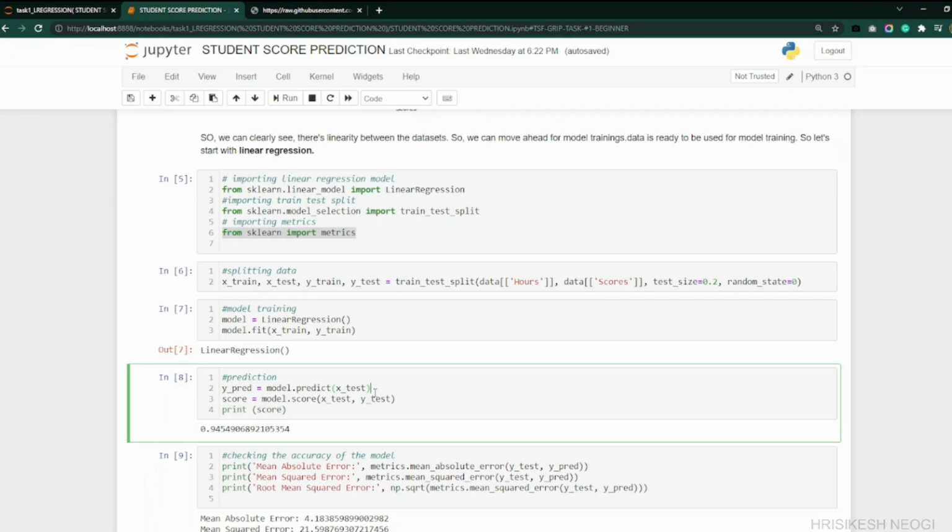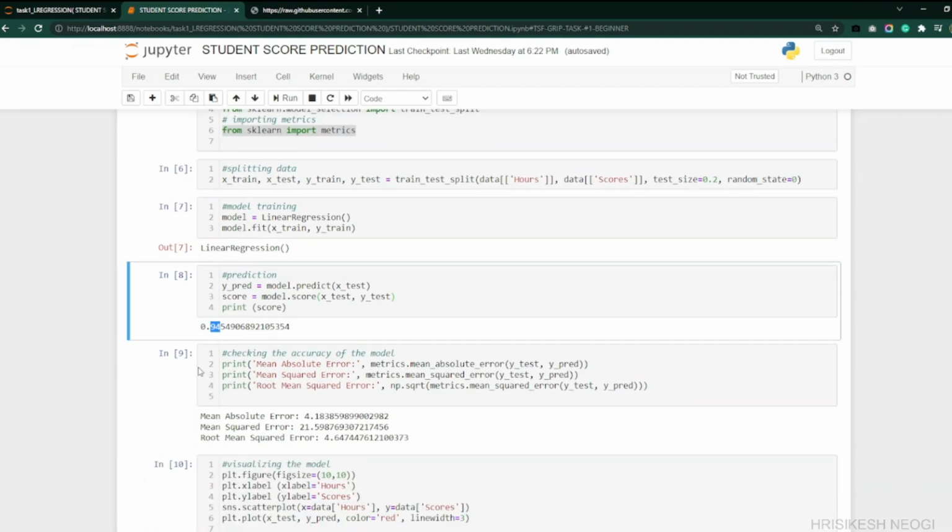So storing the score in a score variable and just printing this, we can see there is some 94% accuracy. So it's a good model, we can say.